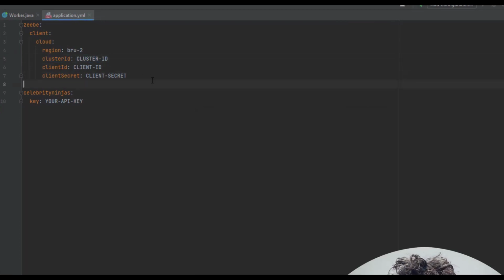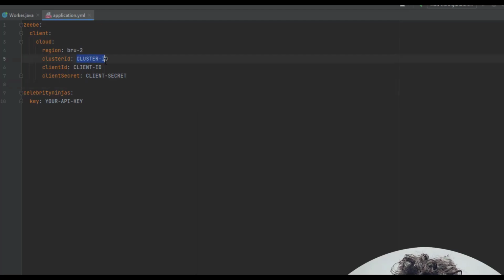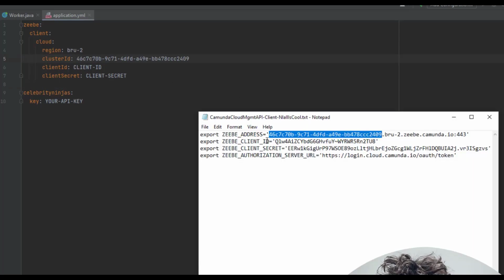First of all, we're looking for a cluster ID. Now, if we take a look at here, none of these say cluster ID. The cluster ID is actually this section here up until the full stop. So if you copy that, that is actually your cluster ID. So I'm going to put that there. It is not massively intuitive. Next, client ID, which is this thing right here.